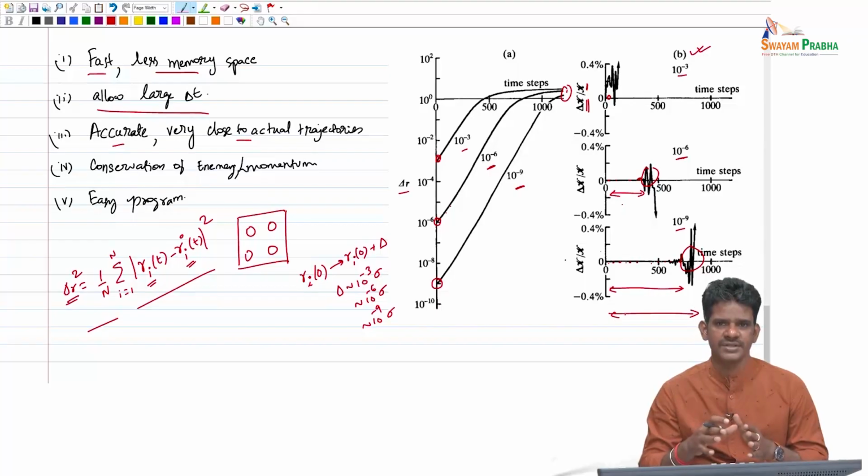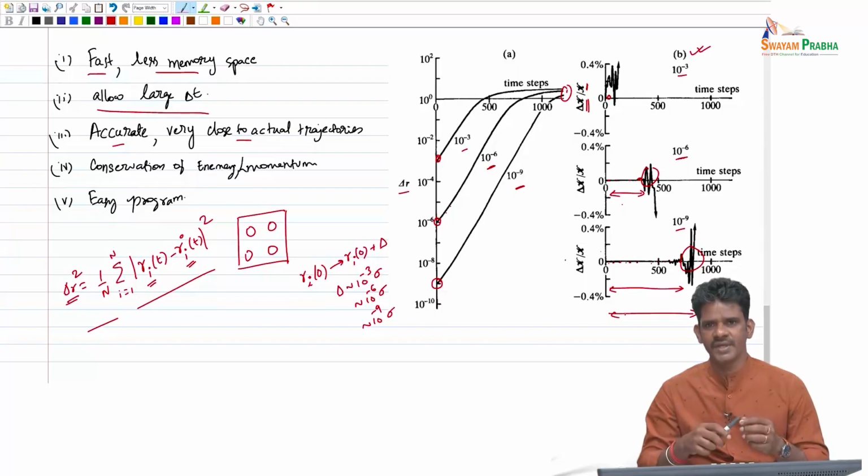Even more important is that we have to conserve energy and momentum. Those are the more important criteria. As long as the trajectory is able to conserve those quantities, we should be able to generate ensemble averages from the MD simulations, because you may want to invoke this principle of ergodicity, which says the time average and